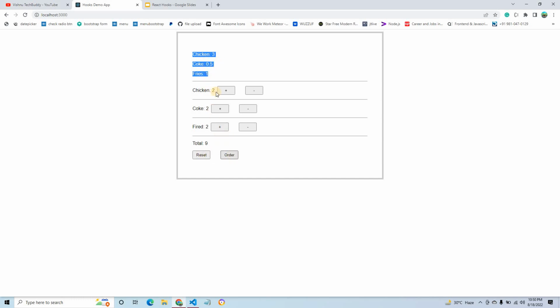After that we can see the total, for example 99 rupees. We can make changes, we can decrease coke as well, we can add fries, we can add chicken, and we can get the final state value.